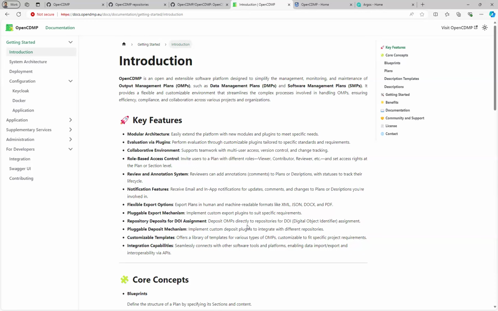We wanted to fetch different things, deposit different things to different services, export different things, etc. So we designed some plugin mechanisms there to give that kind of flexibility.